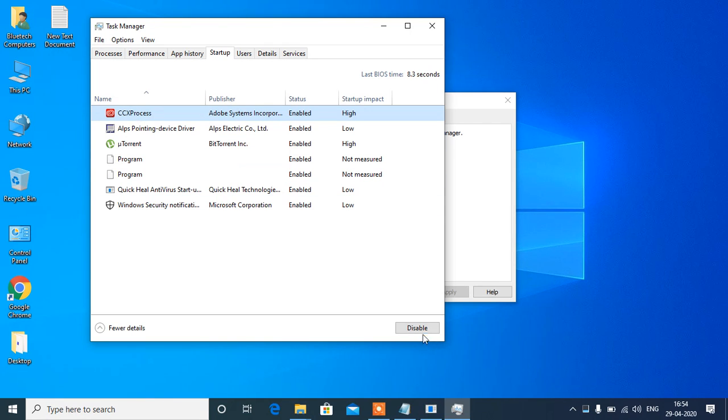First disable this. Disable torrent, any program, disable everything you don't want. This is antivirus, I am not going to disable this. Click on this, disable this also. By disabling all these things, your computer starts very fast and runs properly. So I'm closing this now.